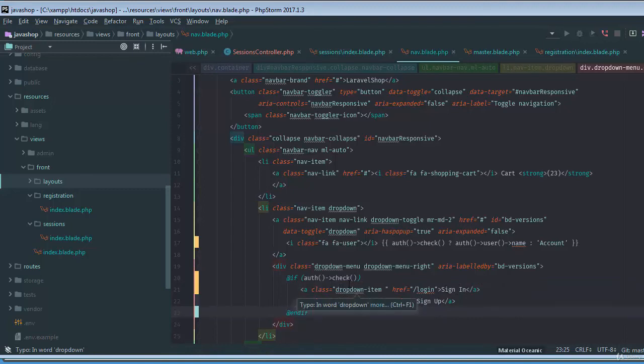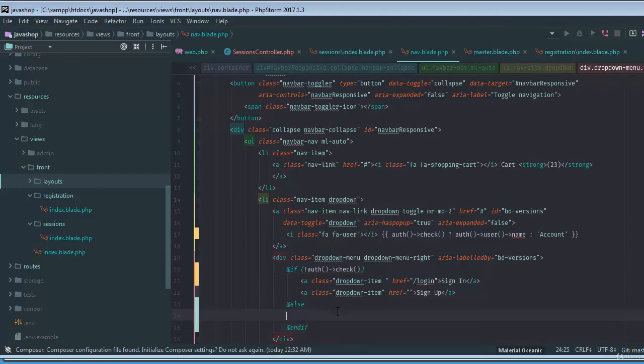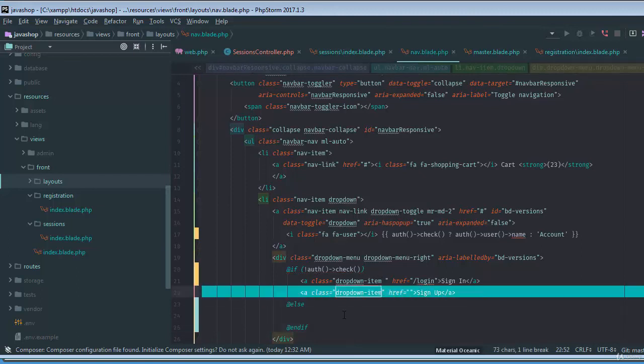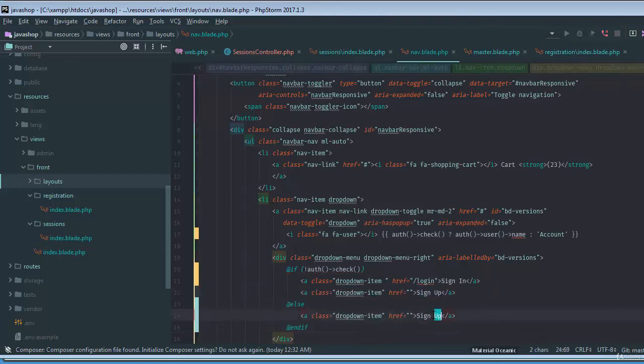If the auth check, that means if the user is logged in, then show. If not, for example, let's say if not auth check, if the user is not logged in, then show these links, okay? Else, we simply need a link for logout,